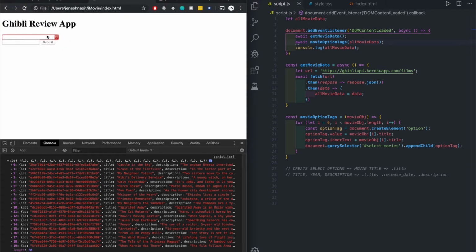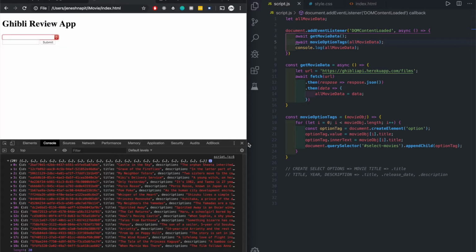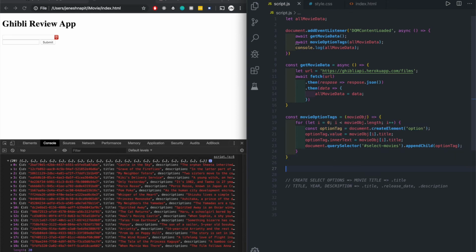So always take it slow, just one step at a time, and check your stuff. That way you don't have to worry about checking it later on and seeing where the bug is. So just check while your code is still short. And now we have the options. So let's try the